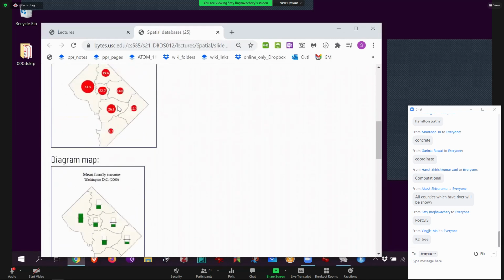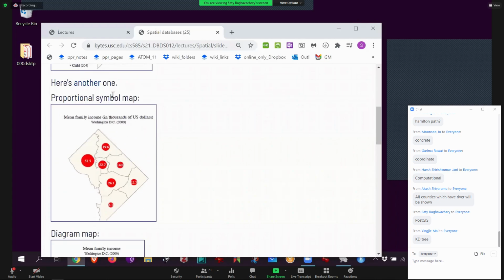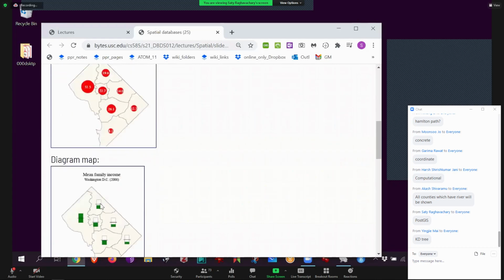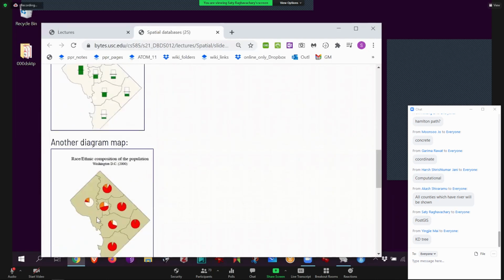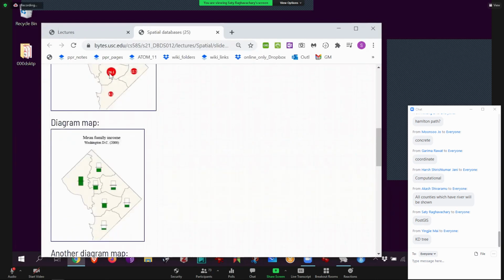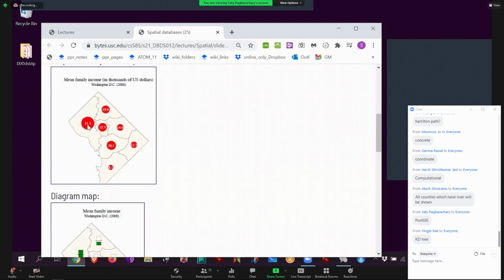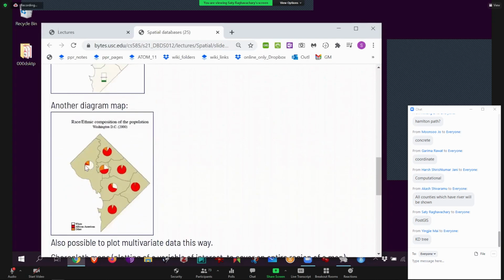In the meanwhile, a different kind of map that's not proportional symbol is called a diagram map, where I can draw little bar charts, okay? So again, the taller the bar, the more the income. Obviously the taller bar, and obviously a pretty low bar, literally right there. These are the same thing ultimately. Or you can do a pie. So now you get a better sense of what is happening. You take the same numbers, but now you start to say, show me the ratio.